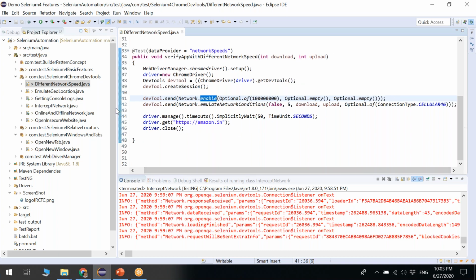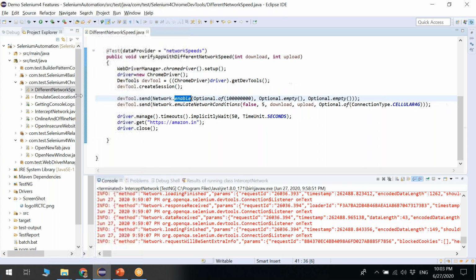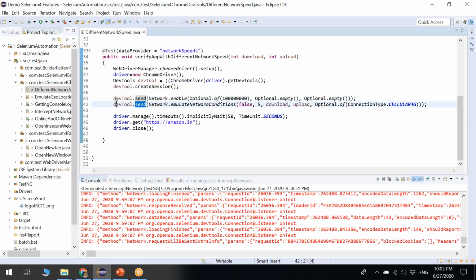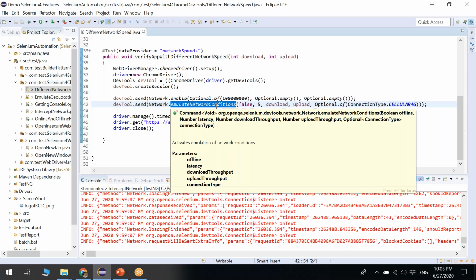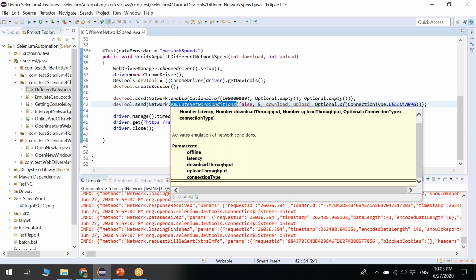Let me scroll here, and one more: devTools.send, and in the next line Network.emulateNetworkConditions. This is one method you have to call. In this you have to pass certain parameters: offline, latency, download throughput, upload throughput, connection type.